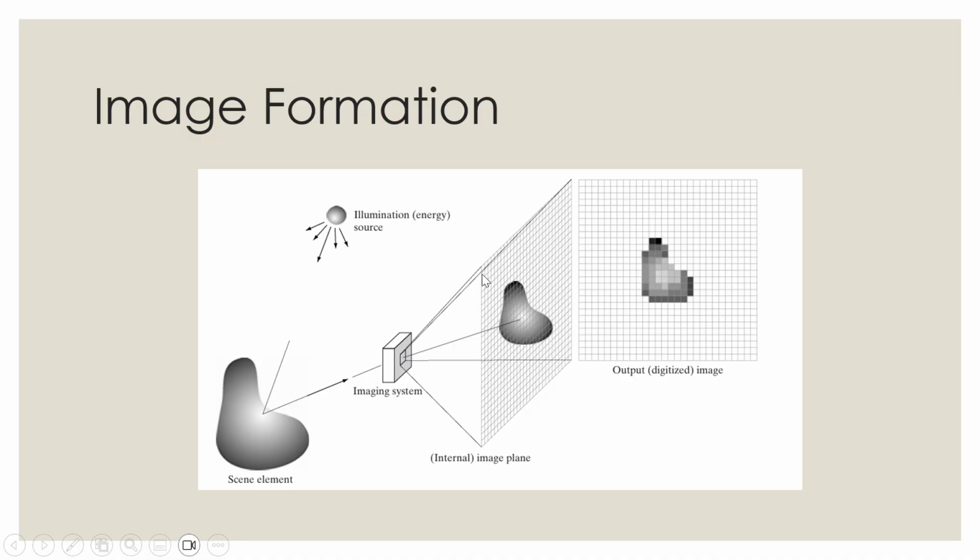This device contains a series of sensors placed in the form of a matrix. Whenever the light falls on this system, it will convert the image into voltages, and accordingly the voltages will be converted into an array of numbers called pixels. Each sensor converts that voltage into a particular value. That represents the pixel value, which is the intensity level of the image.